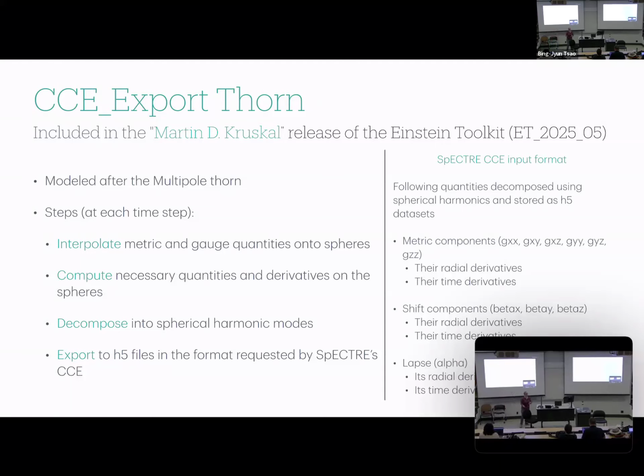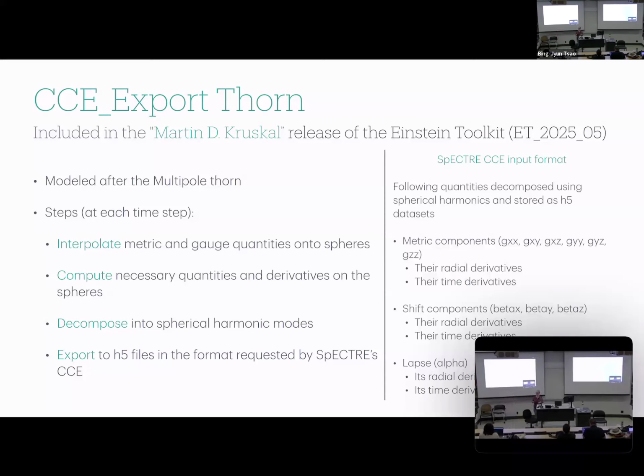I had a previous version that I presented last year that I was able to feed into SpECTRE CCE, but it was requiring a lot of post-processing because I was dumping it directly with the multipole thorn and then post-processing it into the right format and then feeding it to SpECTRE CCE. The really exciting thing about this one is just that it dumps it directly into the format needed, so you can immediately feed it in without the extra steps.